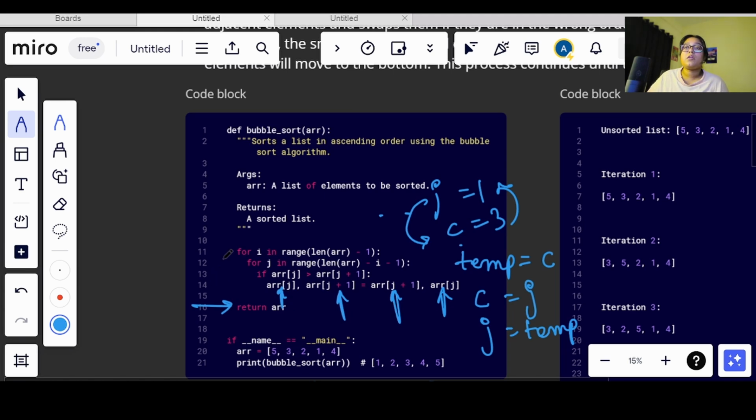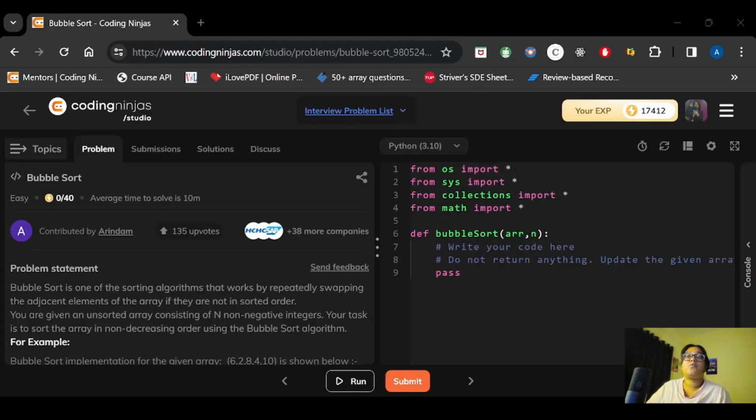Now let's move on to the code editor and see how to run this code. I will be mentioning this question link in the sheet, and the sheet link will be in the description.